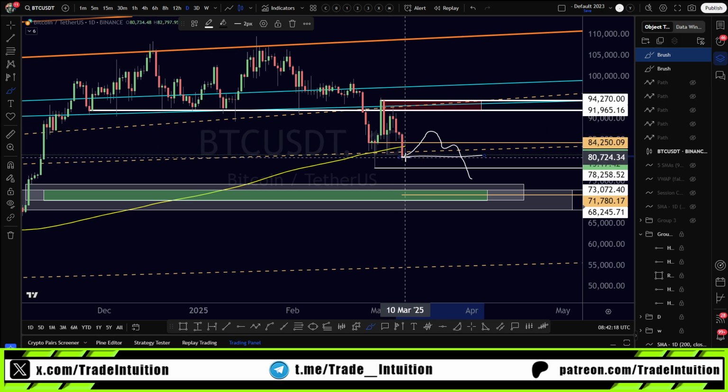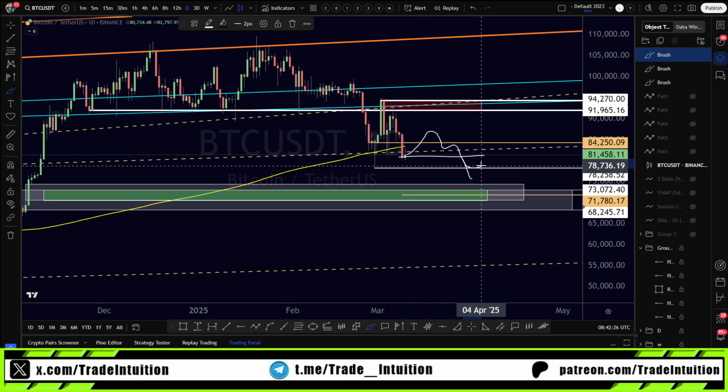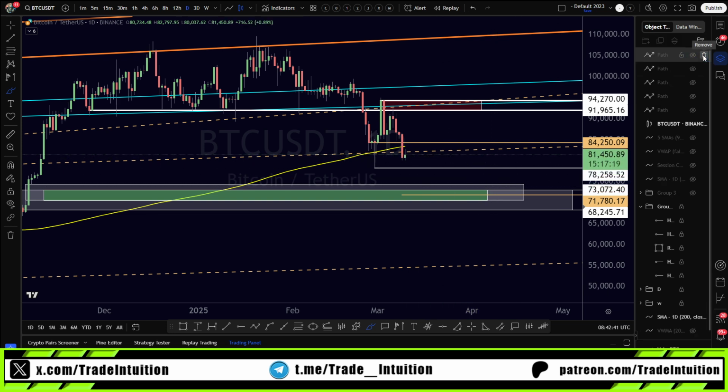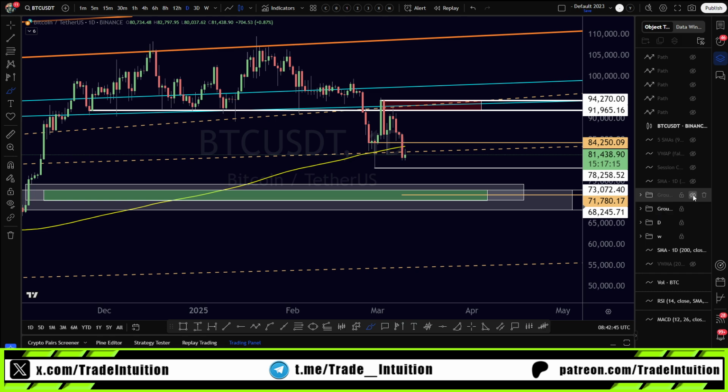Candle body closes. Now here we do have a wick. So what we might do is come back down for this liquidity and then maybe come up to eventually come back down. The macro is, it's not looking good. And I do believe that the price action may come down. Now, with this being said, let's go and get rid of this.